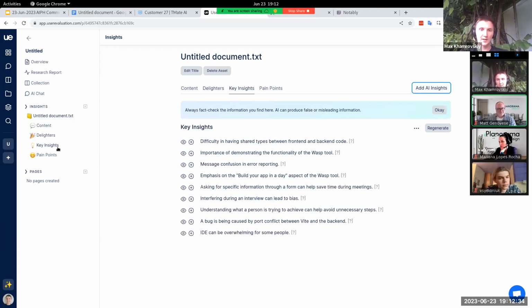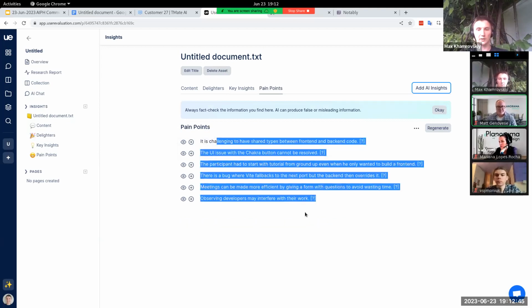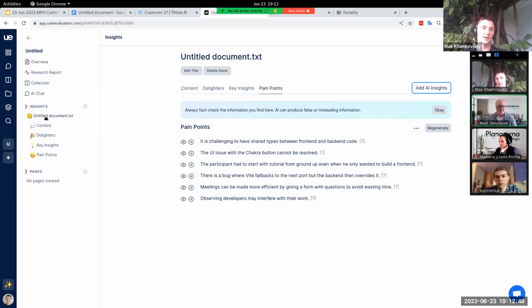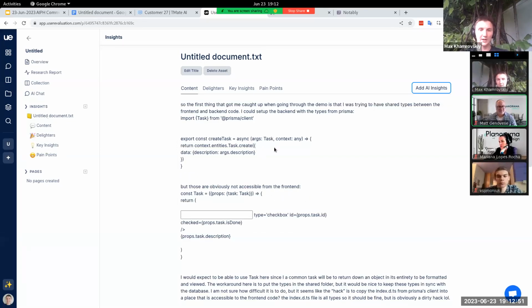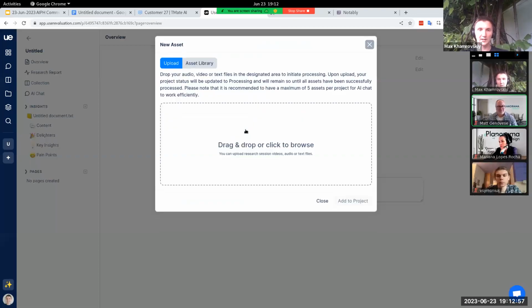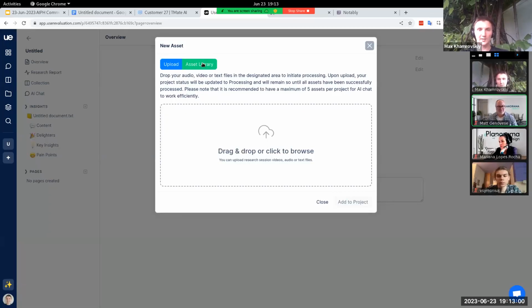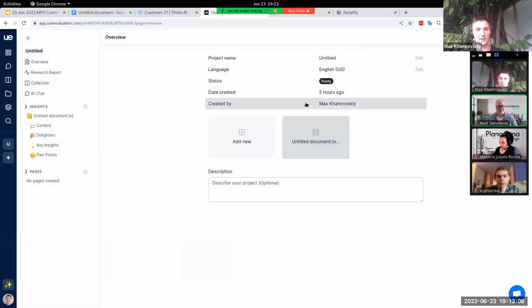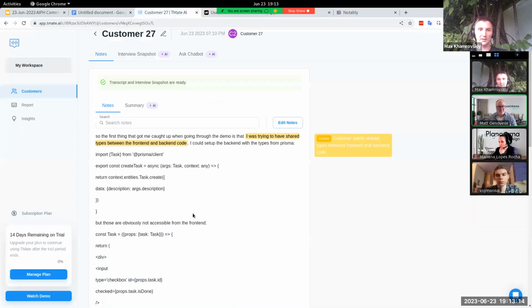You have key insights that users shared as a piece of that feedback. You can get the key insights and the pain points that are pulled out of the data by the AI, basically. So this is how our input looks like. And the cool thing is that you are able to add different files like audio, video, text files, and so on. So basically you're pulling some pieces of feedback into your dashboard, and you would be able to work with that after